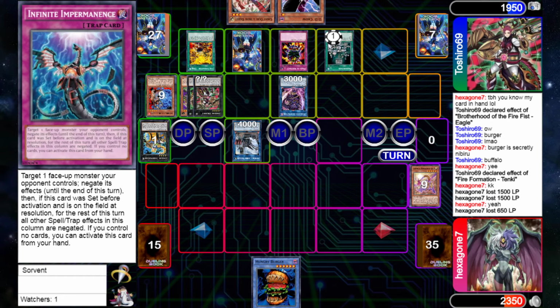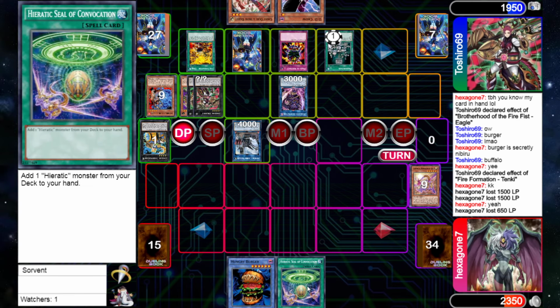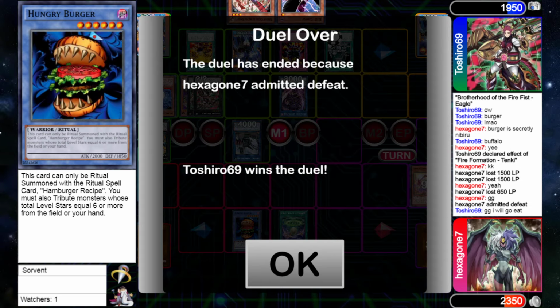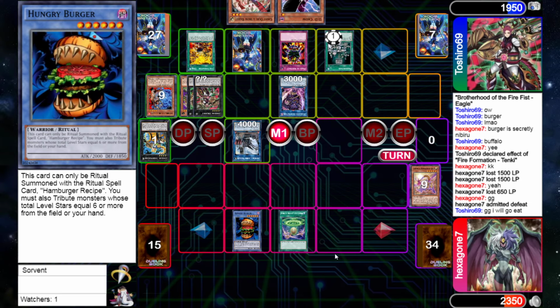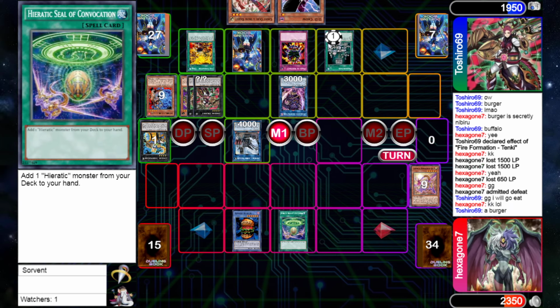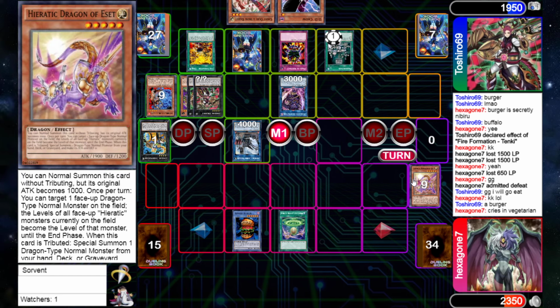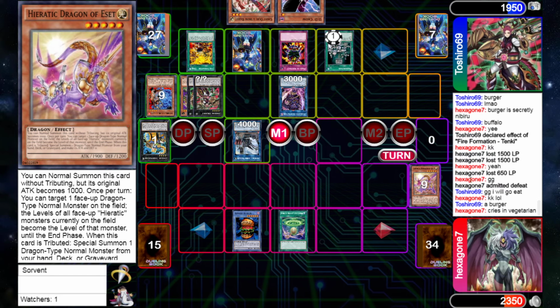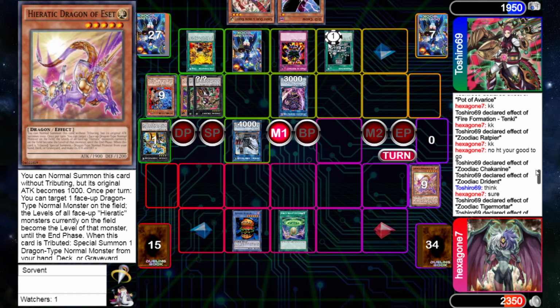And passing his turn to his opponent, he draws Hieratic Seal of Convocation, which can search any Hieratic, but that's not really going to do a whole lot here. So he's just going to be scooping up the game. And that's going to do it for this round, a very interesting one. Hao takes it 2-1, which is really interesting. I think he could have definitely maybe taken it 2-0 if he wouldn't have scooped game number 2